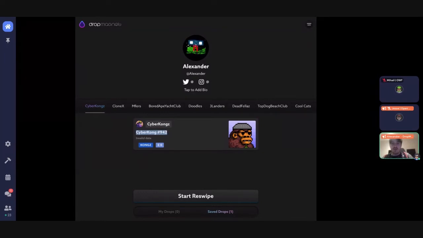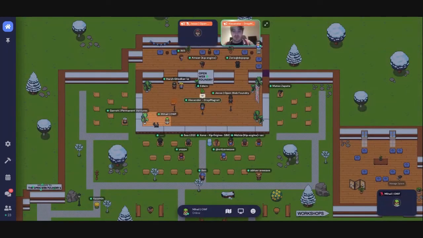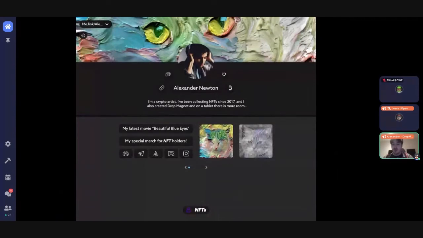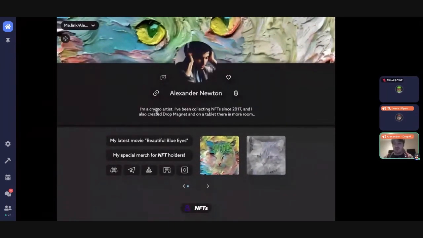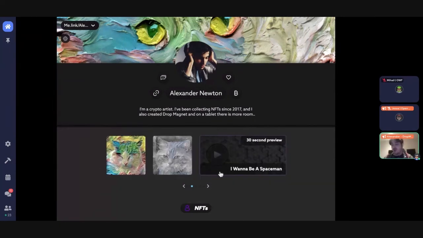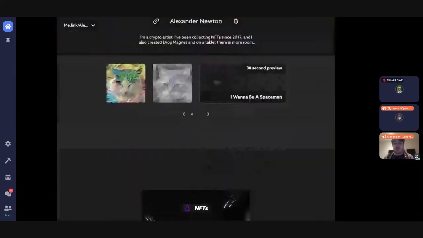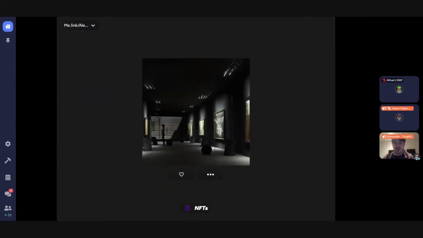And then if I just go to a different tab, I will show you the NFT social profile. So this is an NFT social profile. Here you have a header image, you have a photo, people can message you, people can like you and follow you, and people can send you cryptos to the specified wallet. They can read your bio, click your links, and see what NFTs you have here. It can be different kinds of NFTs, it could be music, image, video, and you scroll down and you see there's this beautiful gallery that you can display your NFTs in as well.